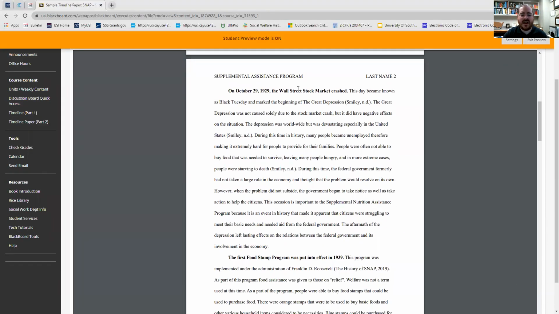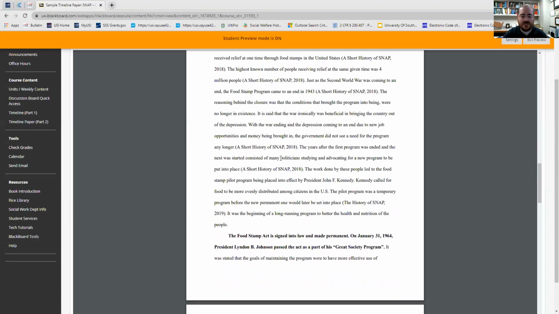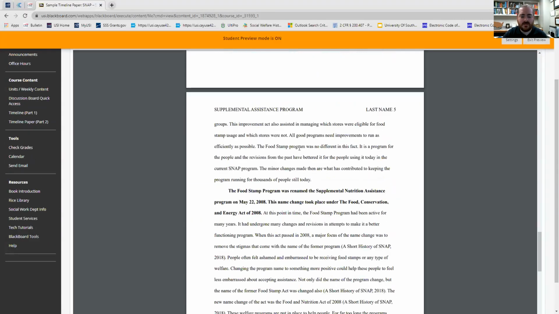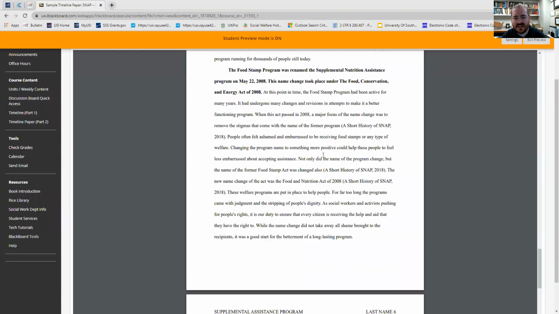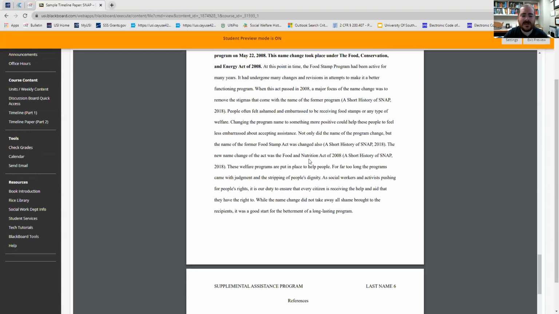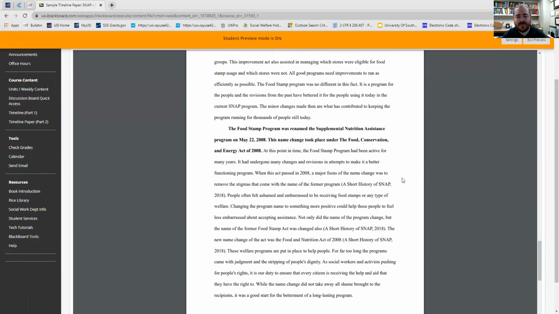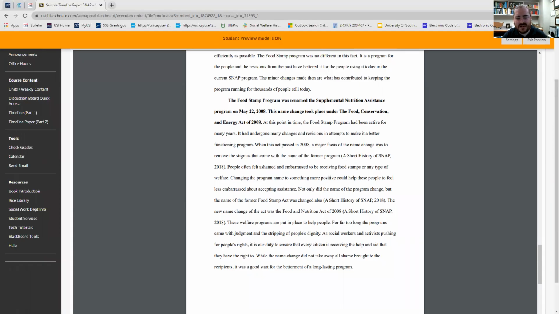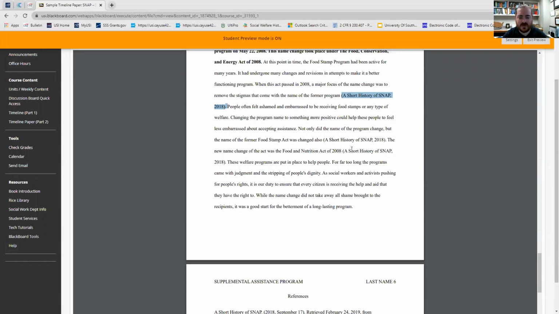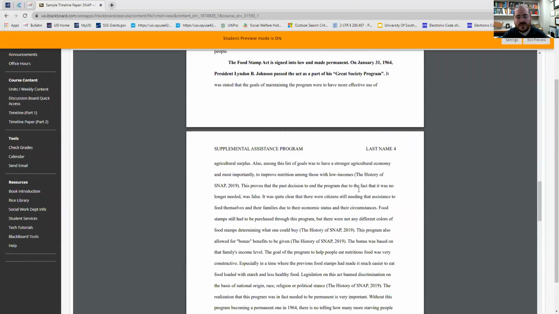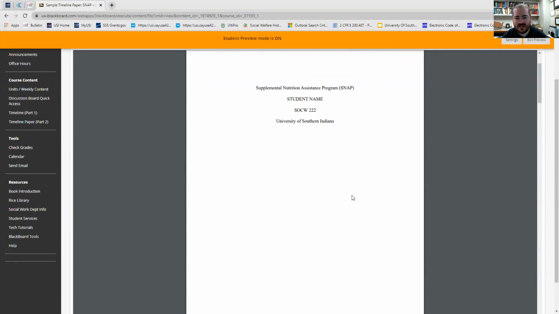So there are 5 dates now, 1, 2, 3, 4, 5, really quickly to see because they went through and highlighted those. And this is going to be a narrow focusing of those dates. You'll also see that within those dates there is now a parenthetical citation, so a list of the reference, the source, plus the date. This is APA formatting. So make sure that when you're doing timeline part 2 that you're adding the in-text citation